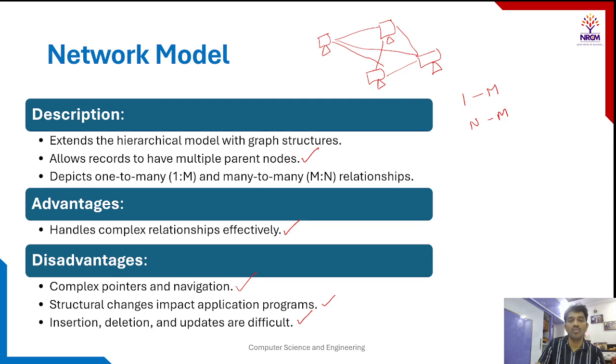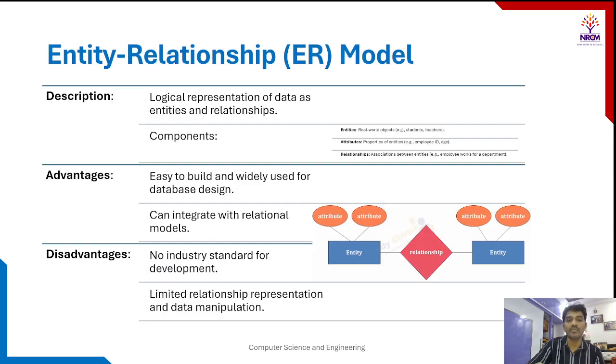To overcome that, we are going to the next model, the entity relationship model. The entity relationship model is going to give a diagrammatical representation. We'll see that in detail in future lectures, right? And here is the logical representation of data as entities and relationships. Entity, what is an entity? A real-time existence, a real-time object, we will call it an entity. And the relationship, right? See here, the entities and the relationships are going to make the visual representation of